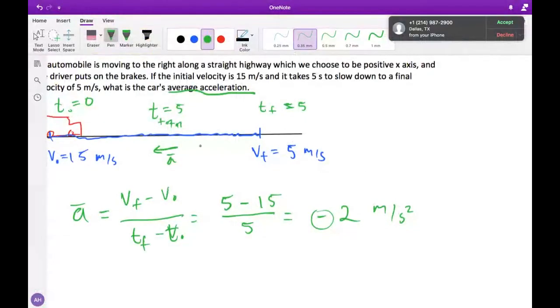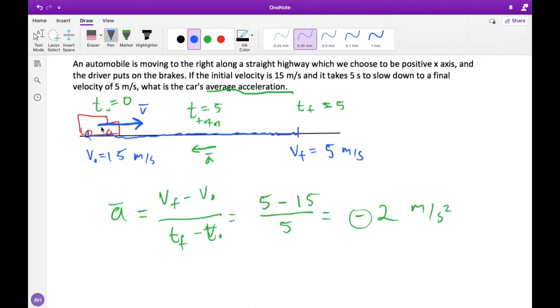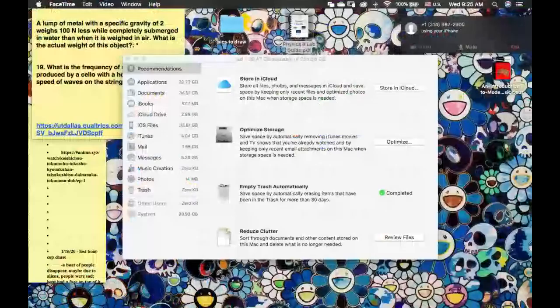Okay. So for this problem, we had our velocity vector, and if I were to draw the velocity vector, it'd be pointing in this direction because we know it's going towards the right. And as this car moves towards the right with this velocity,